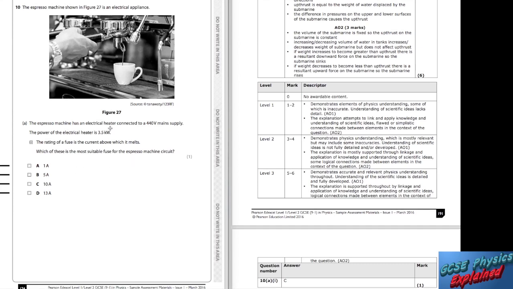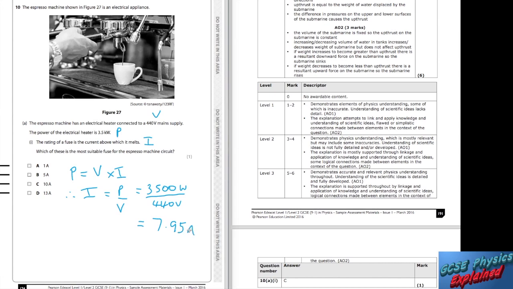Well, what have we got here? We've got a power, we've got a voltage, we're looking for the current. Is there an equation that connects these? Yes, there is. Power equals voltage times by current. So therefore, current equals the power over the voltage. The power has to be in watts, not kilowatts. Divide that by your voltage. That comes out as